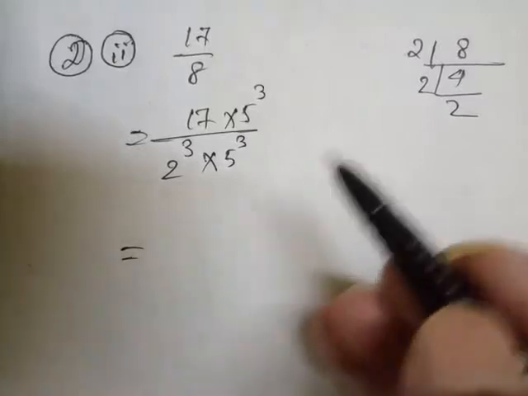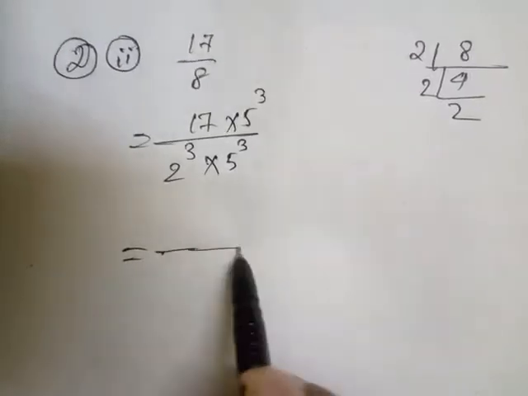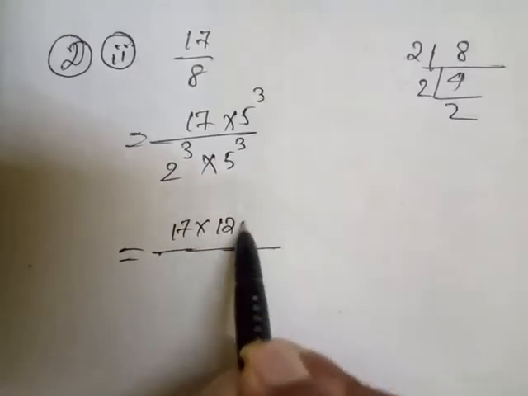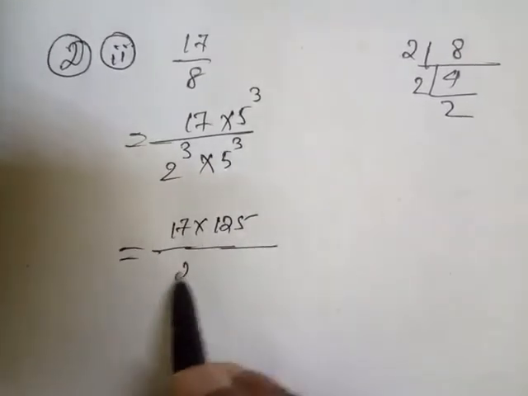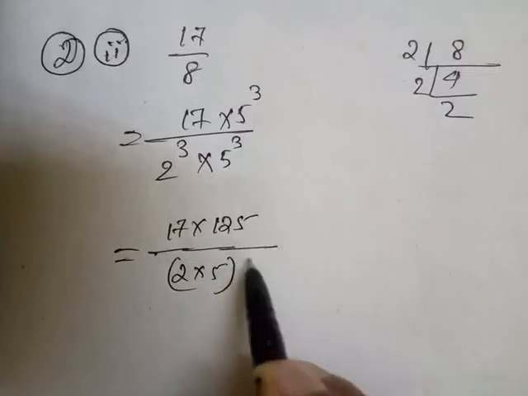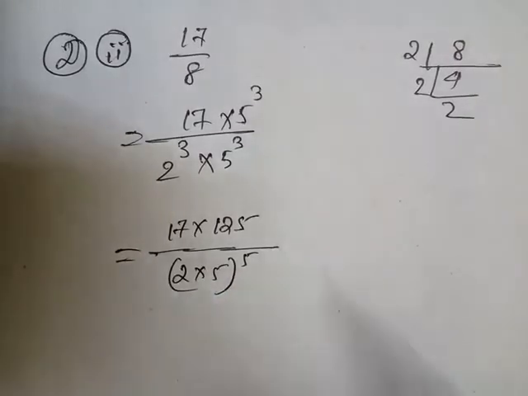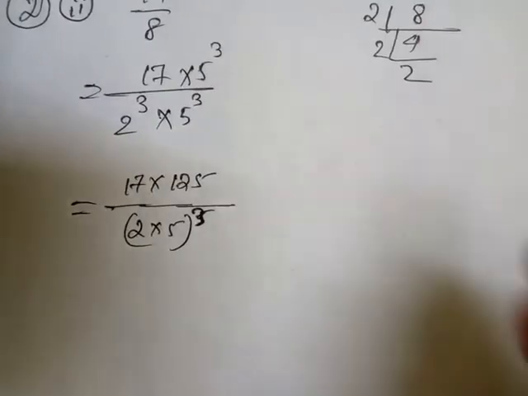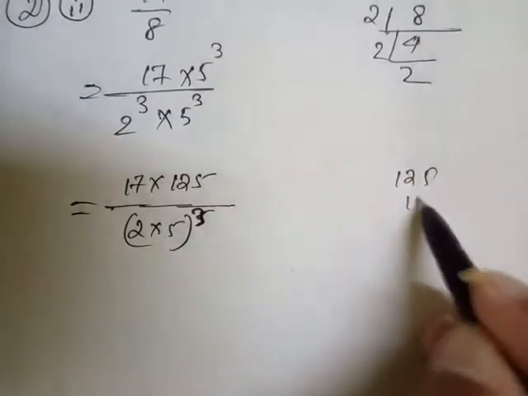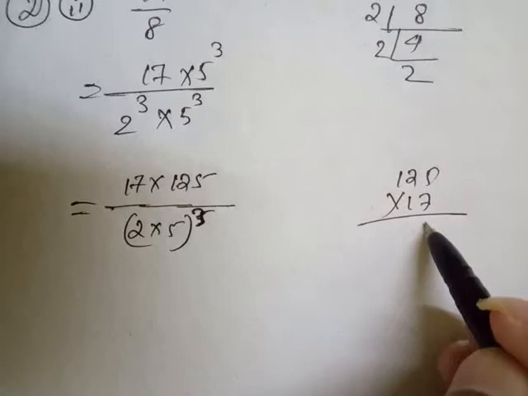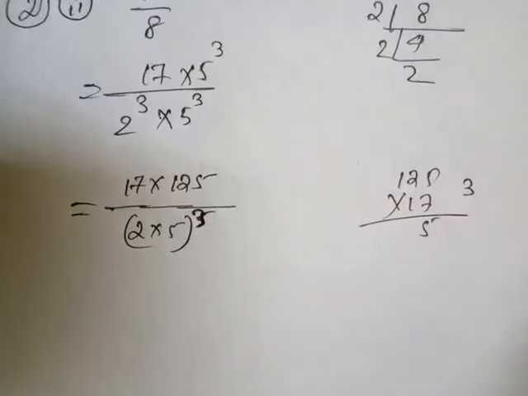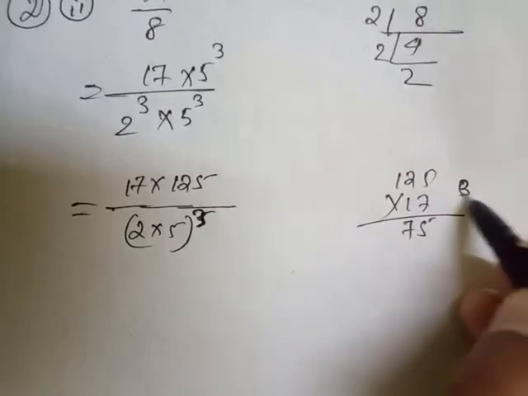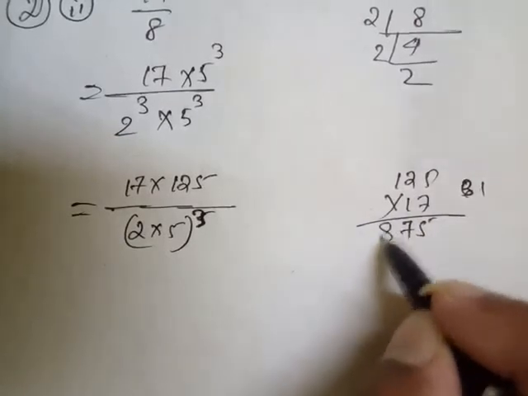If we go for the long division, it will go long only. Now next one, 17 into 5 cube means 125, and here it is 2 into 5. 2 into 5 means power is 3 here, not 5, 3. Now look, I'm showing you a rough work, 125 and 7. So 5 7 is how much? 35. Carry 3. 7 to the 14 plus 3, 17. Carry 1. 7 to 7 plus 1, 8.